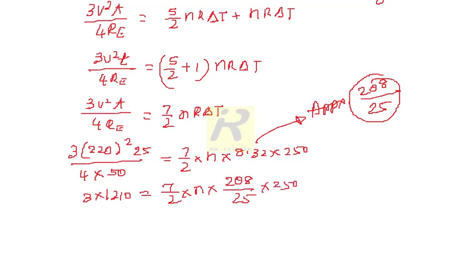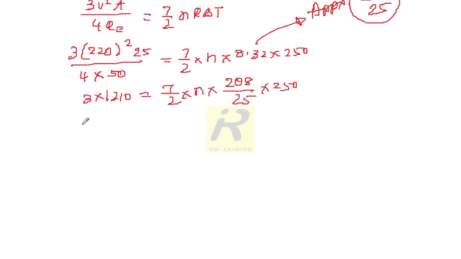Otherwise, doing further, you can make it short if you know the steps well, and here I am showing every detail. When you solve on this side, finally what you get is 7 into